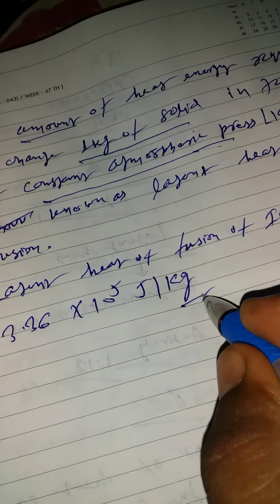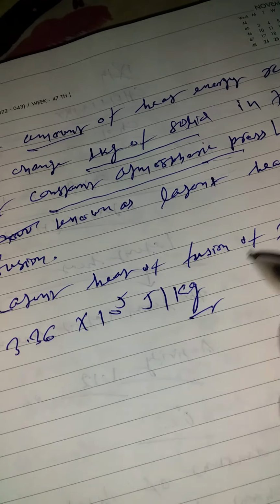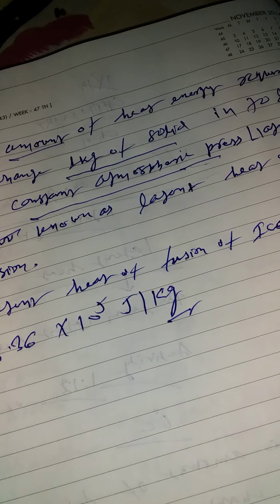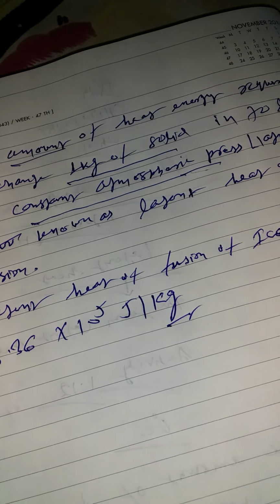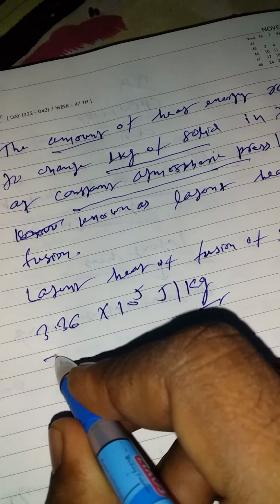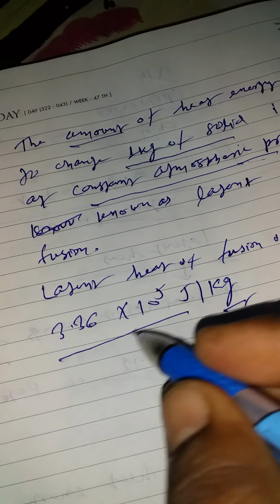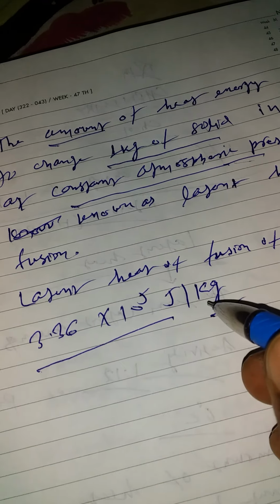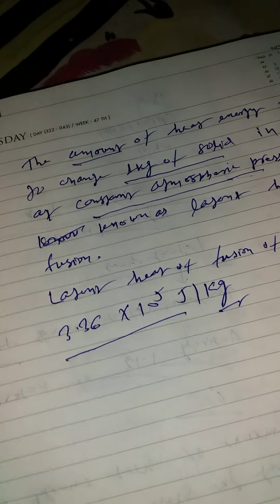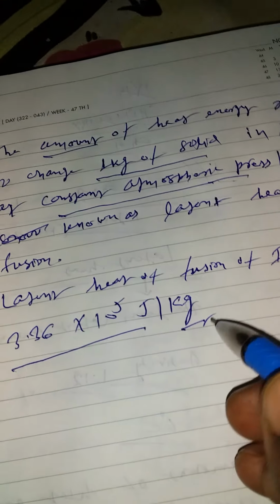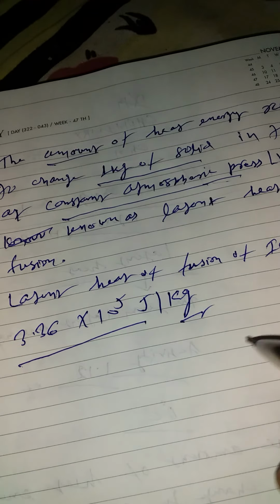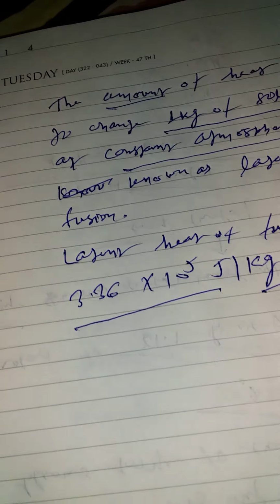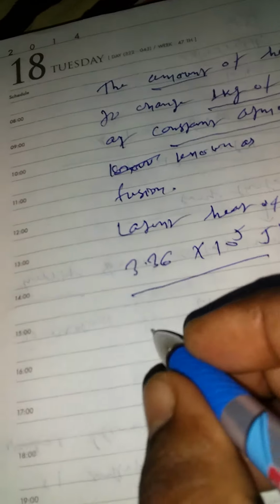So when 1 kilogram ice converts into its liquid form, hidden heat of 3.36 into 10 to the power 5 joule is required, which is not read by the thermometer. So the latent heat of fusion of ice is 3.36 into 10 to the power 5 joule. Second type,